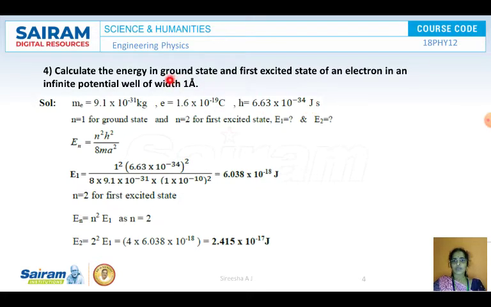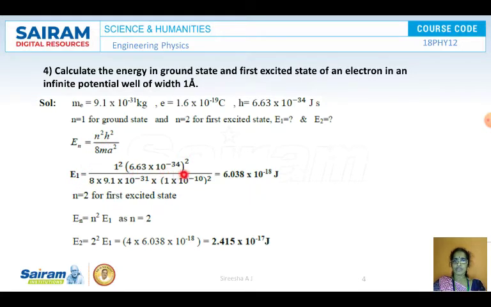Here it is ground state, so we are taking n is equal to 1, and n is equal to 2 is the first excited state. So we are going to calculate E1 and E2. Here we know that the energy eigenvalue of an infinite potential well, En, is equal to n square h square by 8m a square. So E1 is equal to, put n is equal to 1,